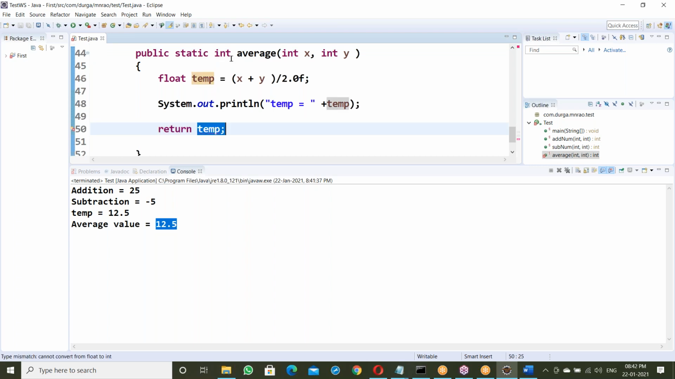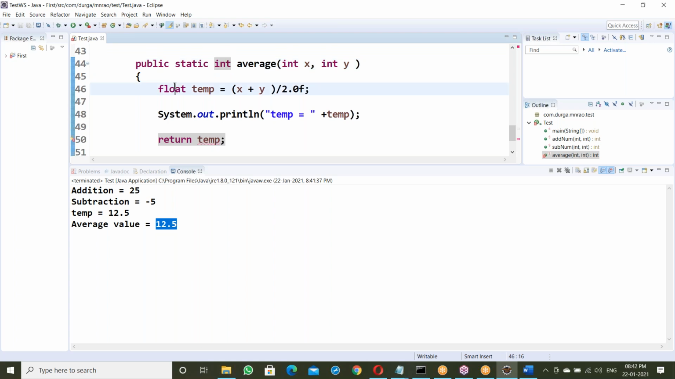But what is the return type? Integer. It's not matching here. The temp type is float, but we are mentioning integer, so it's not valid. So make it float, the same as the variable type here. That's it. So whenever you perform a mathematical operation like division,